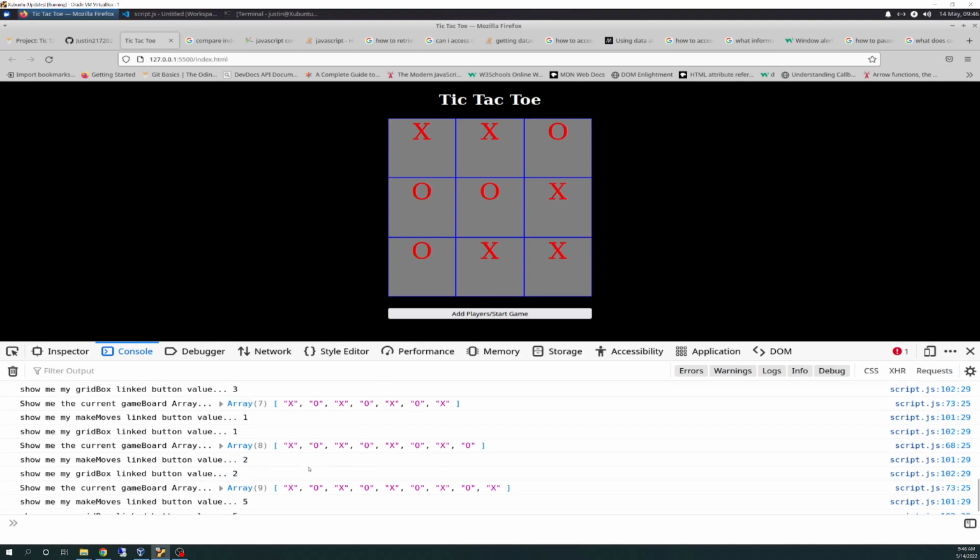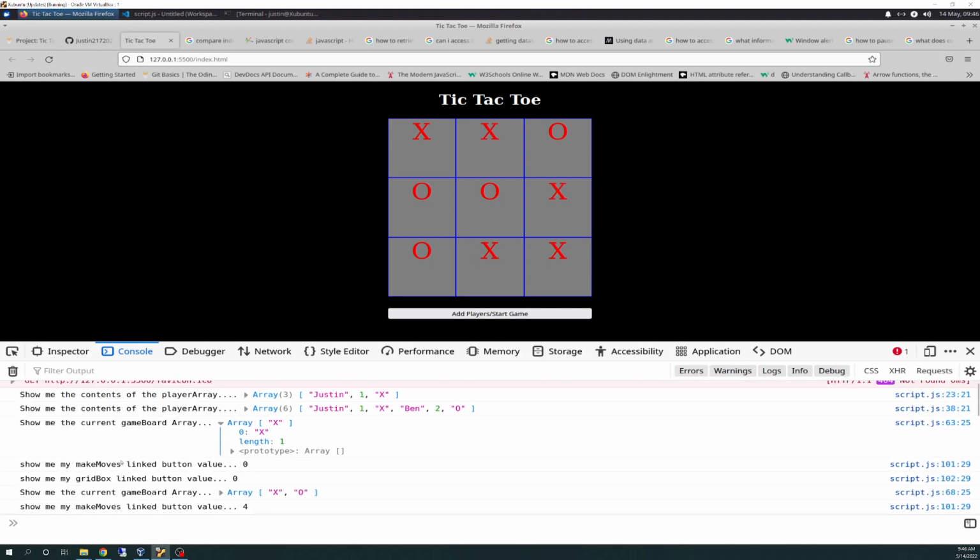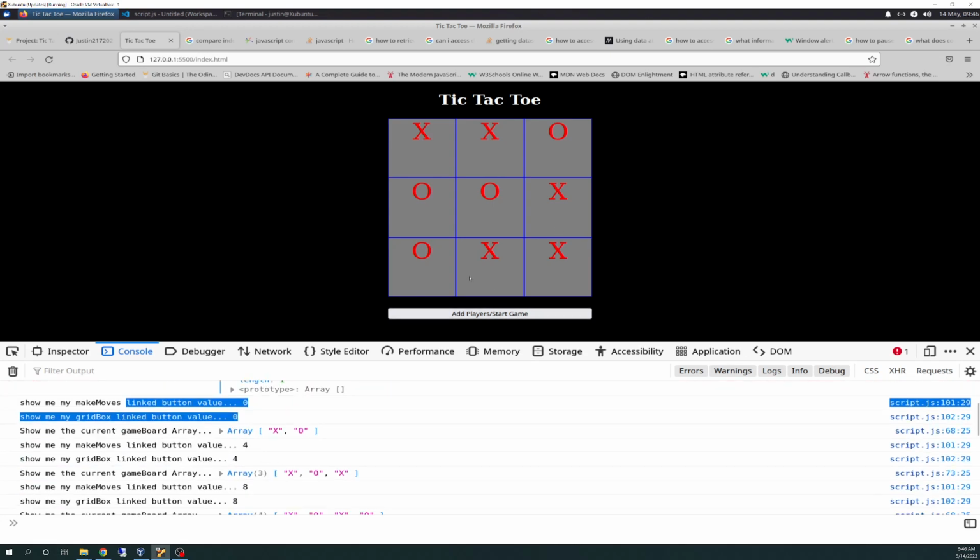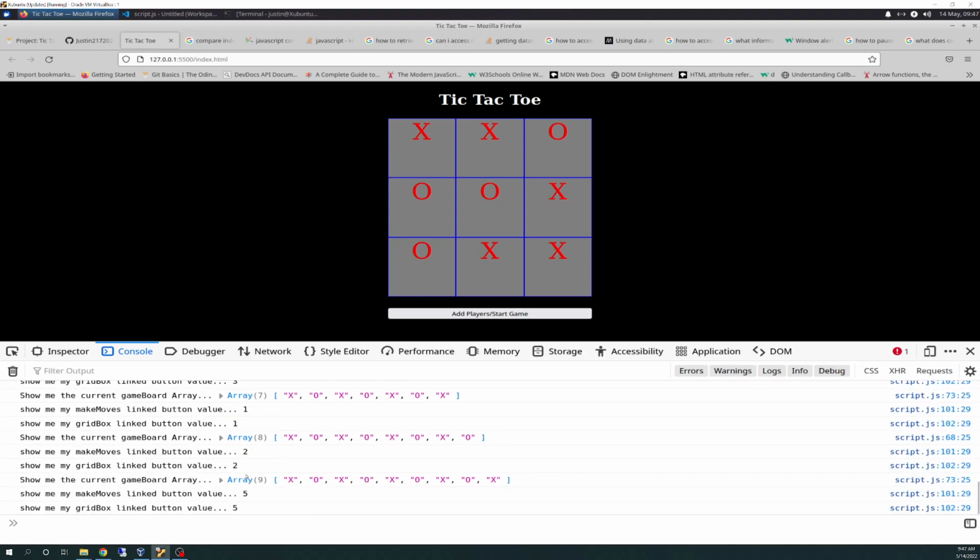And see what it's doing right here. It's updating, so we're making sure that, as in the previous view, those values match, and then we're going ahead and rendering, and then we're showing the array each time. It's the game board array each time. So at the end here, you see 9, 1, 2, 3, 4, 5, 6, 7, 8, 9, and there's 9